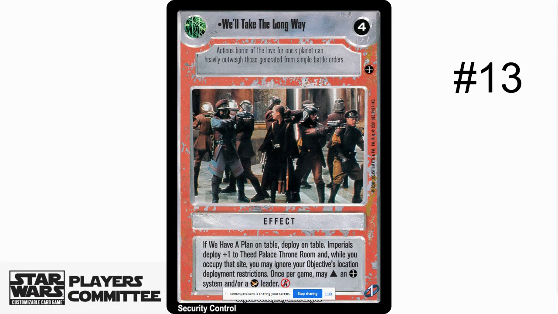And while you occupy a site, you may ignore your objective's location deployment restrictions. So you're going to be able to deploy things to the throne room once you get someone there. Oh, so you can grab a system and a leader. So okay, you can grab either Panaka or Amidala, and then hopefully you draw the other one. Right, got it. Yep. And then it's a way to just reduce the variance in the game and